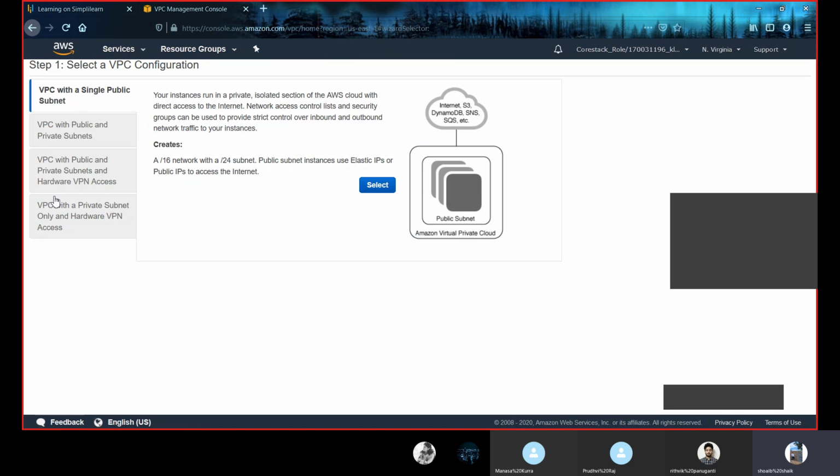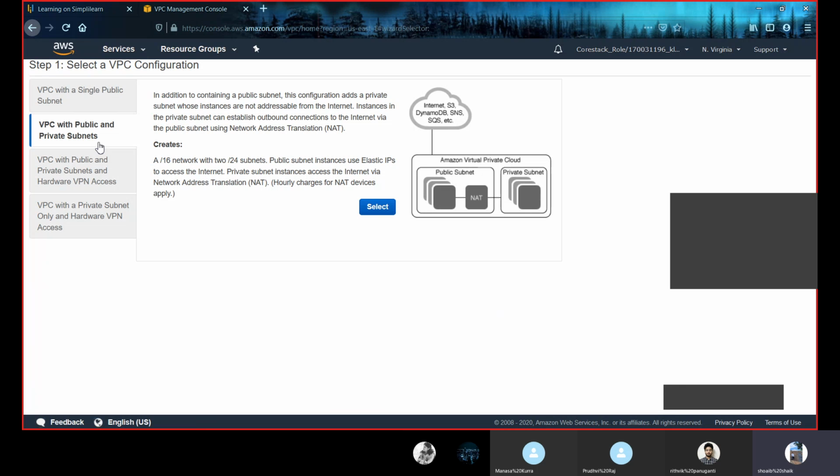Everyone knows there are four kinds of VPCs: VPC with a single public subnet, VPC with public and private subnets, VPC with public, private and hardware VPN access, and VPC with only a private subnet and hardware VPN access. We discussed why we use and when we use each type of VPC. Let us create one VPC that contains both a public subnet and a private subnet.